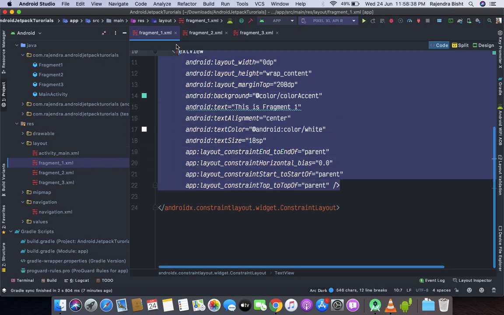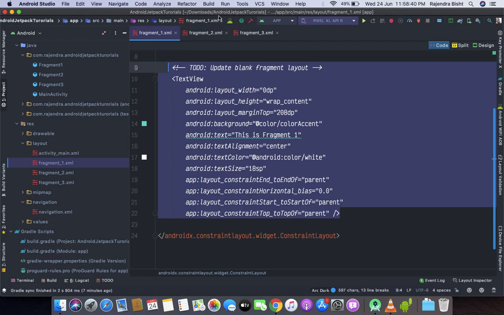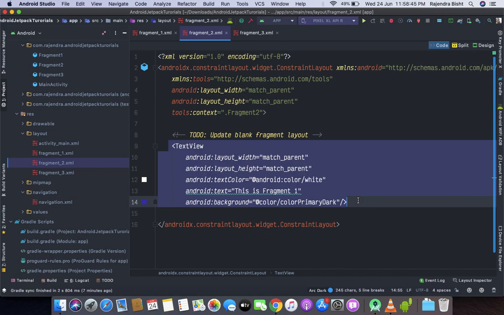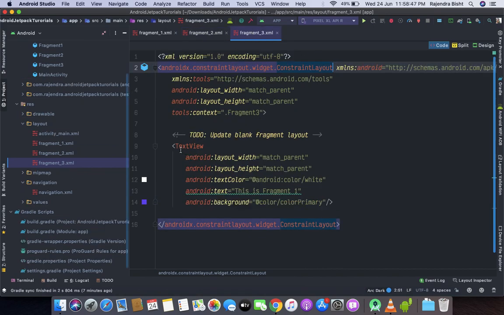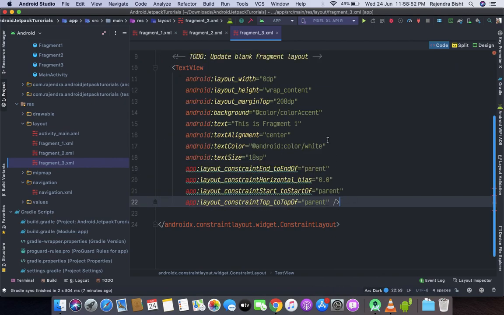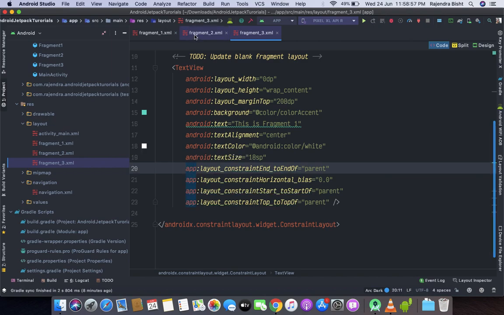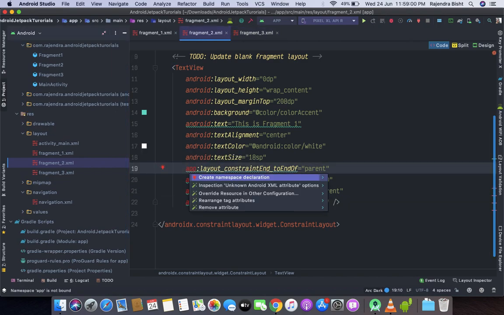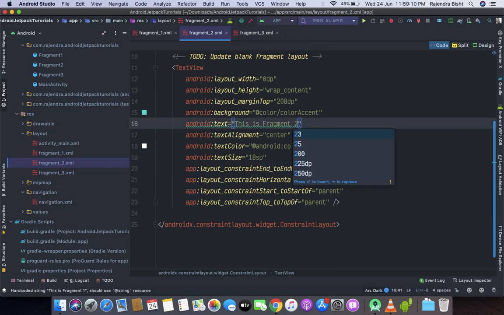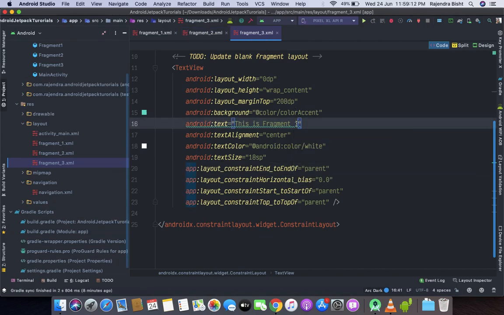Let's copy the code and paste it in both fragments 2 and 3. So this is fragment 2 and this is fragment 3.